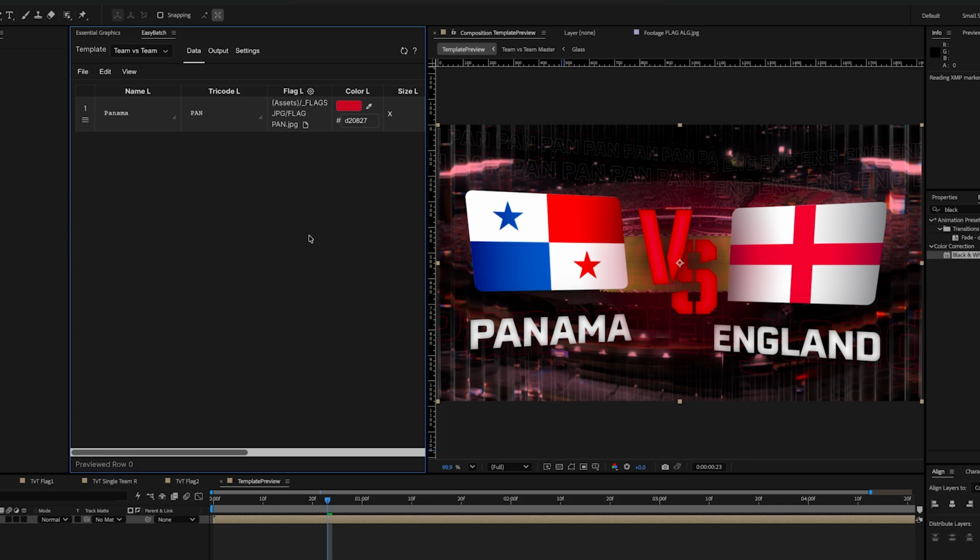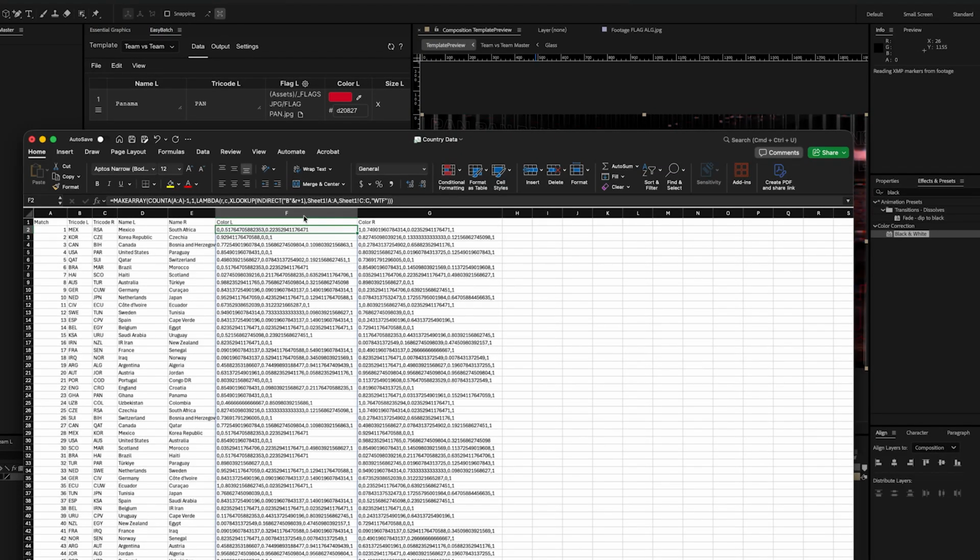So a big part of the functionality of the extension turns around being able to do bulk rendering, right? And for that, we can use data from other sources. In this case, we're gonna use a CSV file. I generated a CSV file through Gemini. I asked Gemini to give me all the matchups for a certain competition, and it pulled that data from the internet. And then I tied that data with also the colors of each country, and that's how I have this CSV